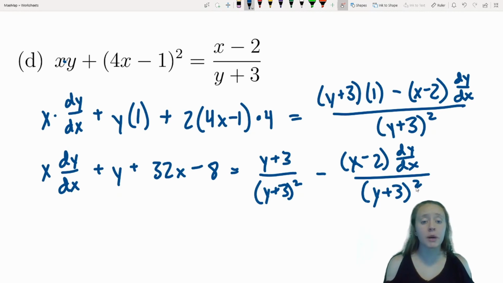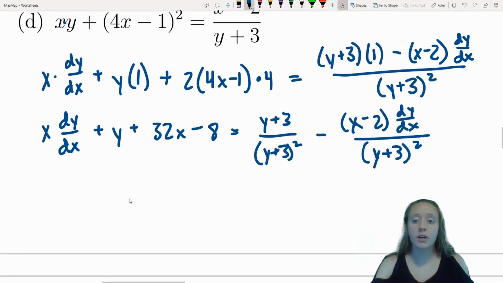Now again, I want my dy/dx's on one side and everything without dy/dx on the other side. So depending on whether you move your dy/dx to the right or to the left, your signs might be a bit different than mine. However, the answer is going to be equivalent. What I'm going to do is move my dy/dx term to the left and everything else